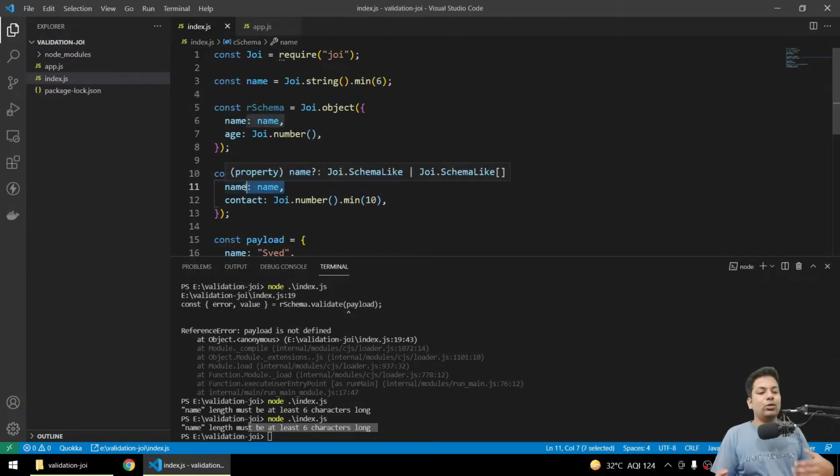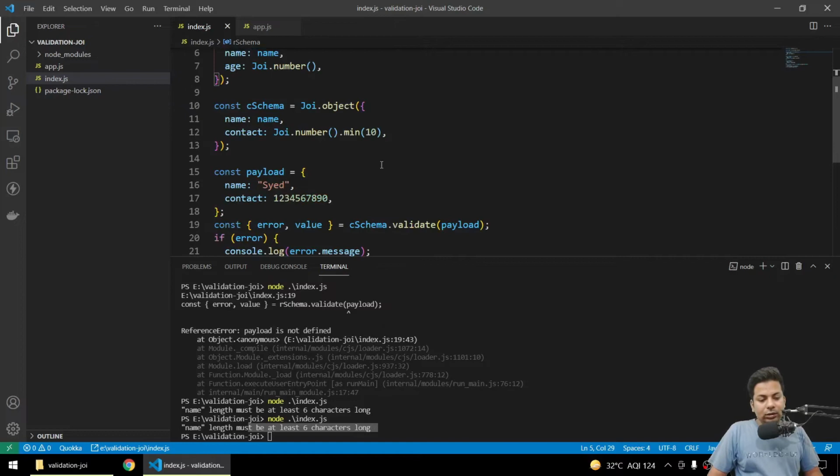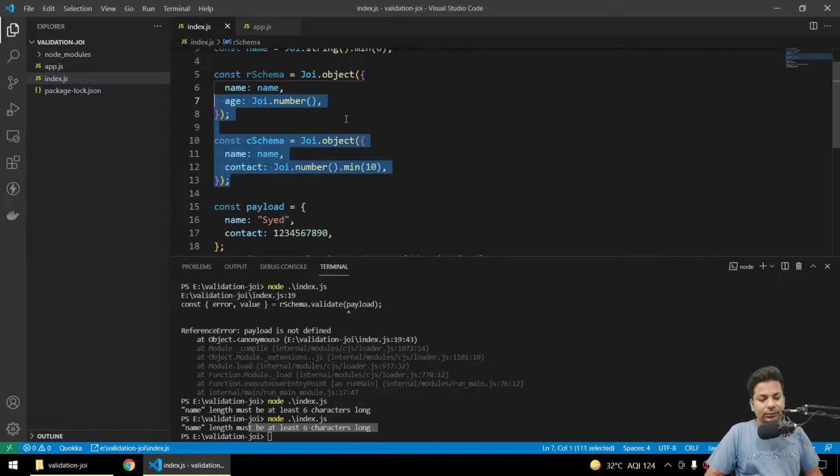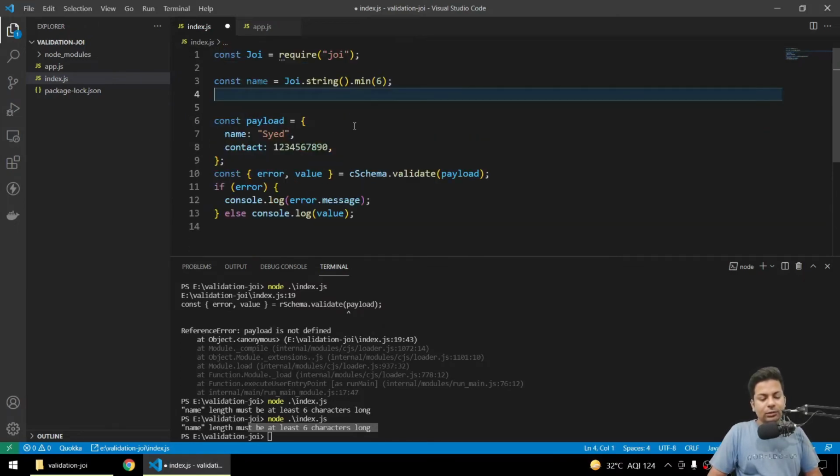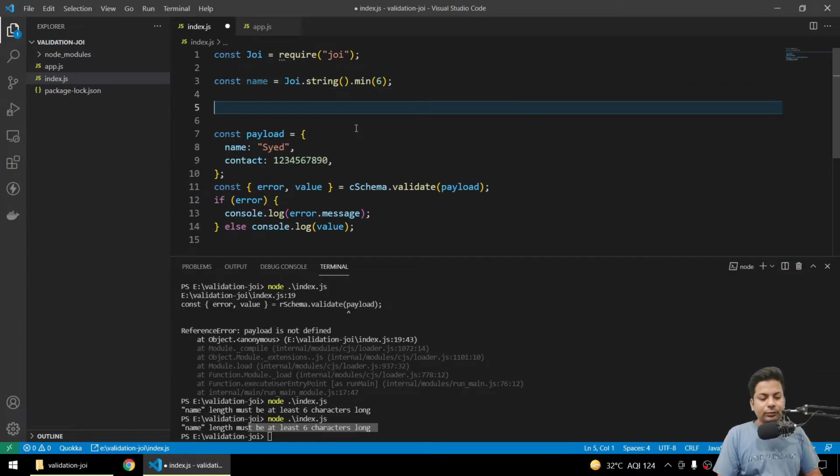So if you are going to use the same value again and again, you can just declare it once and write it wherever you want, and you don't have to declare it like this again and again. So let me just remove this. Now we'll build a form like a college form, and in a college form you basically have a teacher, a student, and two people are normal, so we'll build like that.